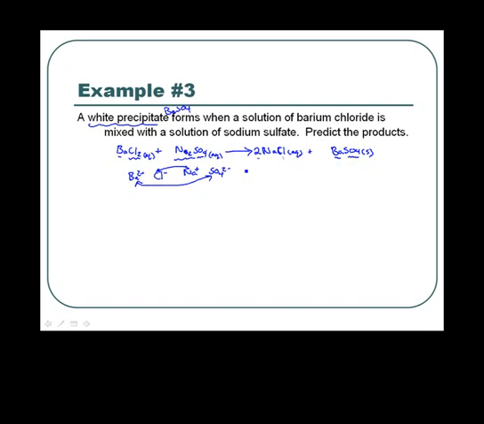Since the whole sulfate ion moved as a unit, it started with sodium, it ended up with barium, we're going to balance it as a unit as well. So the SO4, since none of it broke apart, when we balance it, it's easier to balance it as a sulfate than as a sulfur and 4 oxygens. It's just less counting. And so I'm just going to write it out nice and neat here. So our final reaction would be